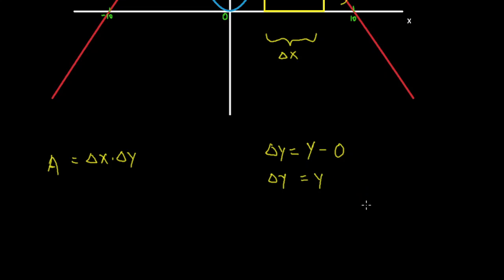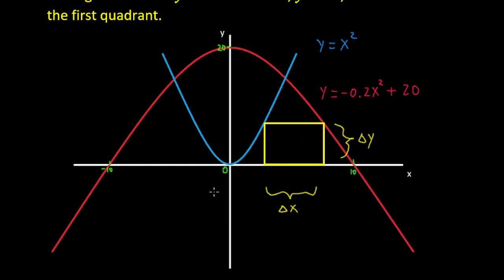That's it, okay? Next, look at delta x. What's the value of delta x? Now, notice that the rectangle does not start from the origin in the x-axis. So it's somewhere here, right? So the first value is here, and the second value is here. And that's the value of the length, between these two values.